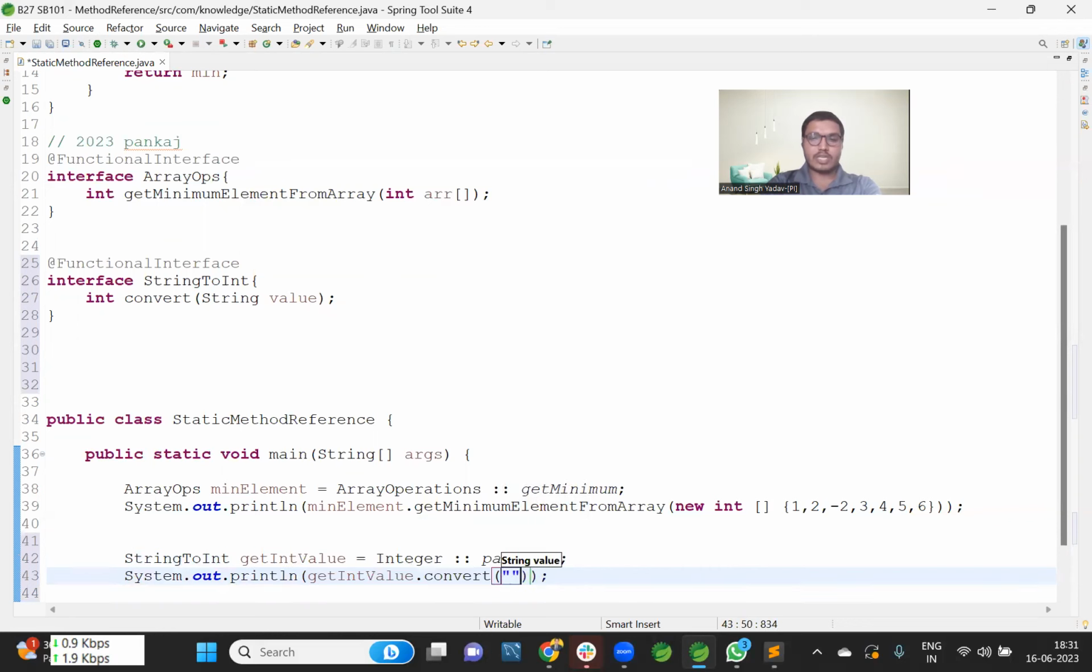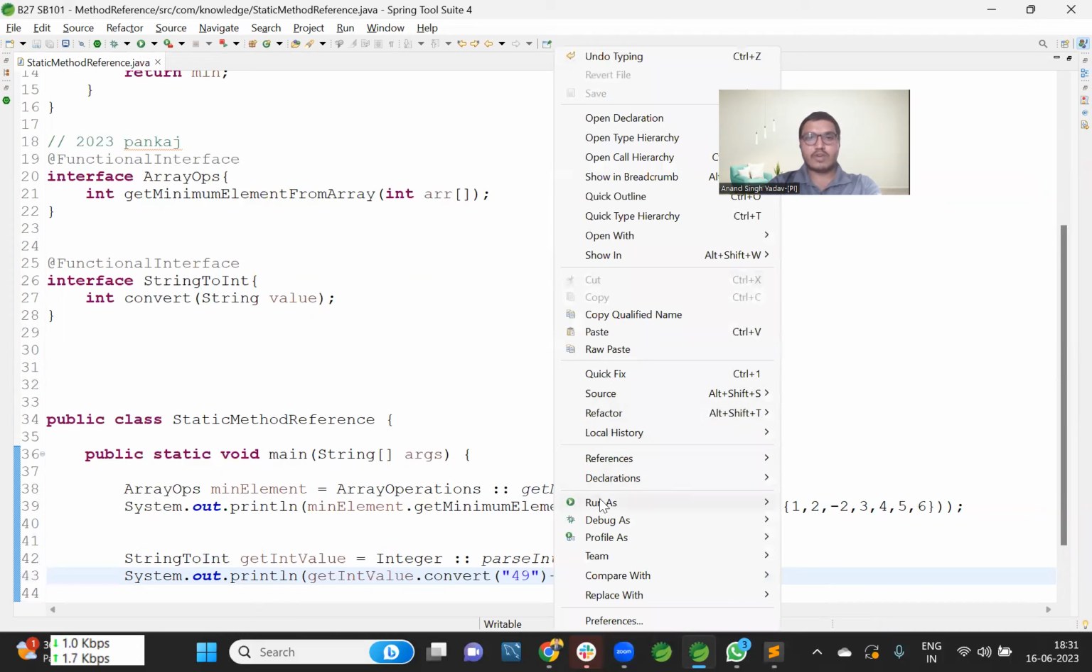Inside this, let's say 49. If it makes it an integer and I'm also adding 1, the answer will be 50. The answer will be 50. Okay, so if I run it,